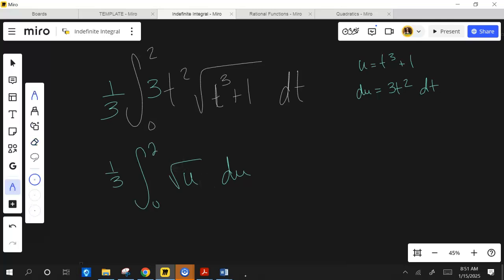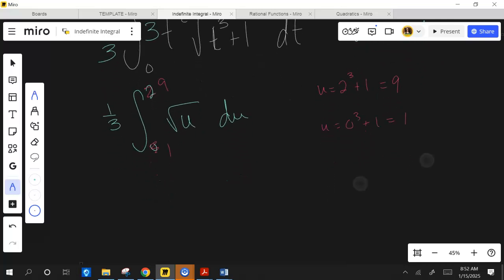Exactly. That's why I did that. I mean, we're gonna change them. That's right. Well, if you do the second way, you probably do need a calculator. If you do my way, you probably don't, because this is 9. That's a perfect square. This is 1. That's a perfect square. What's the antiderivative?